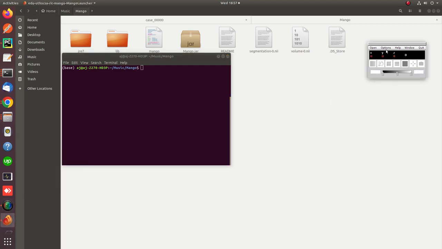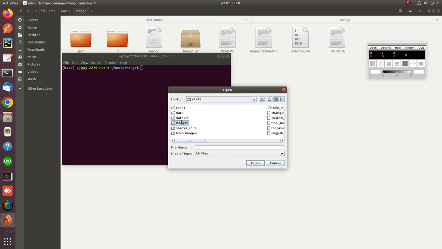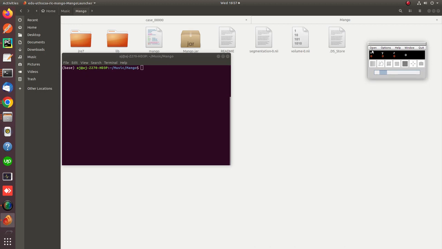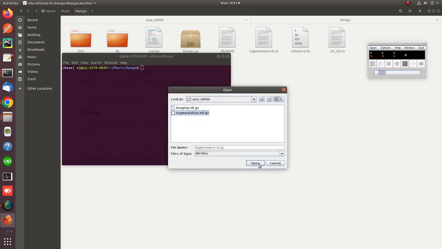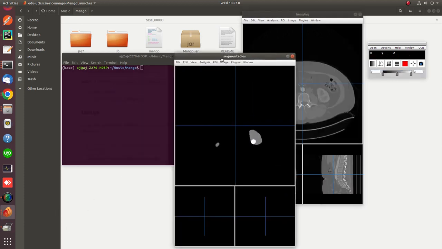So I have already opened the Mango tool. Let me reach that directory. Click on open image. And click on kits. Then let me open one of the cases for you. So I'm going to open the imaging first, and then the kits segmentation part. Okay, so